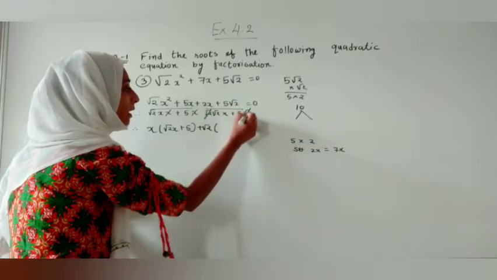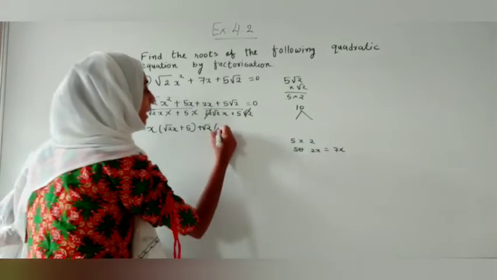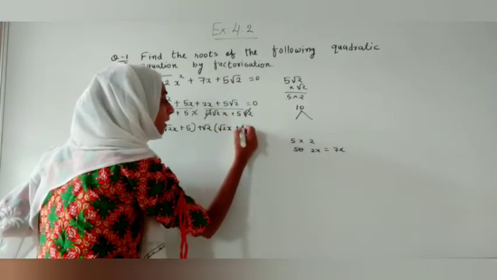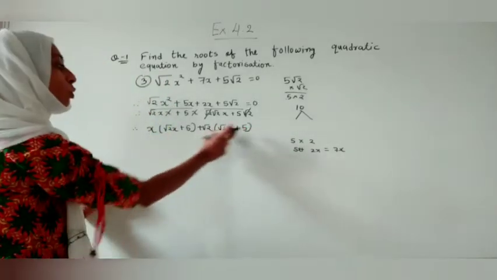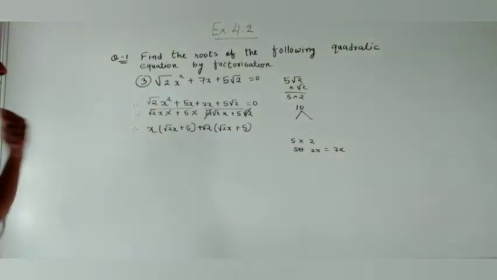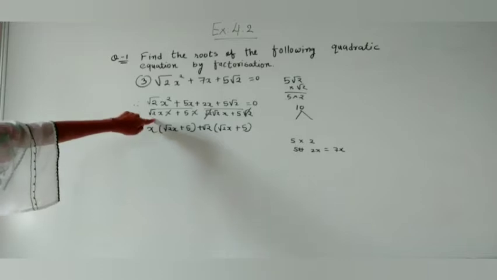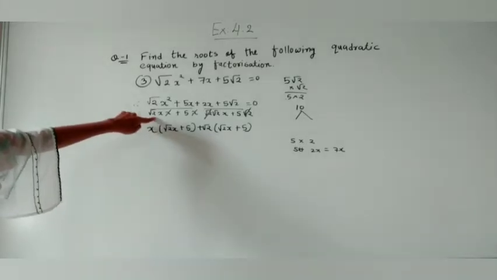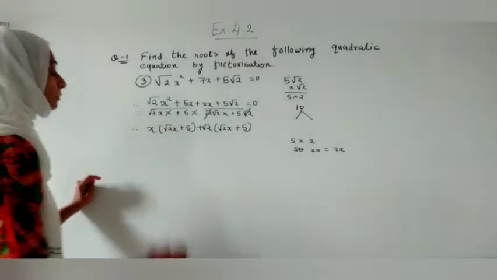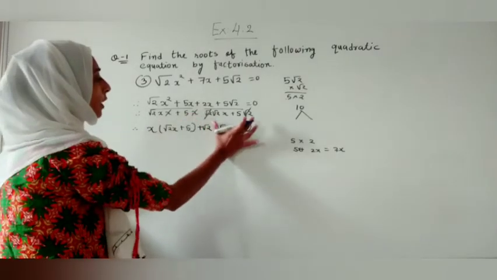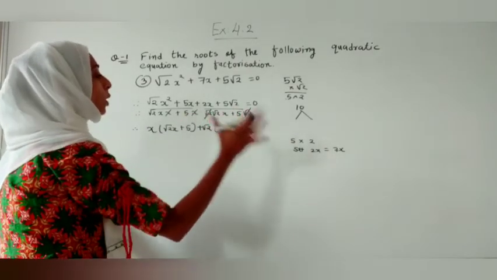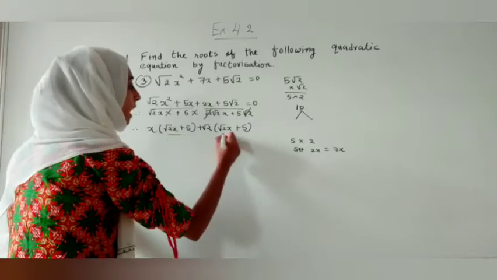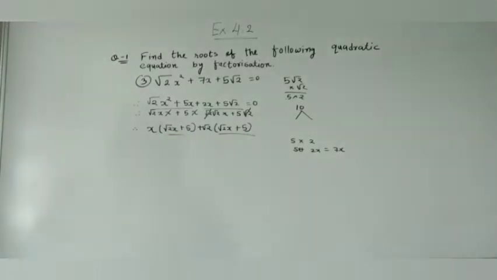Means if we have taken out under root 2 from both of these, we are getting under root 2x and here plus 5, and we made these two brackets same. So this is the process. In that we could not write this thing because we already did it last year, but this is for explanation, that how the common things we can take out. Now we are going towards our original process.